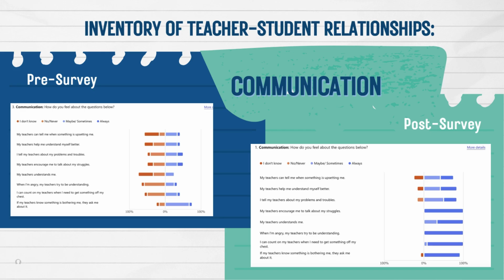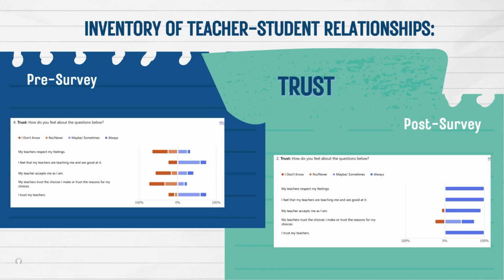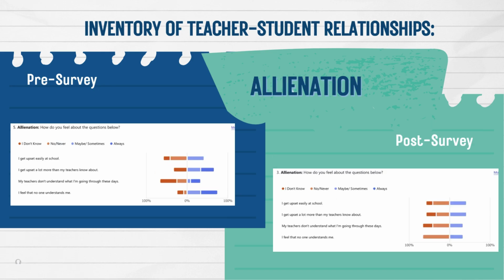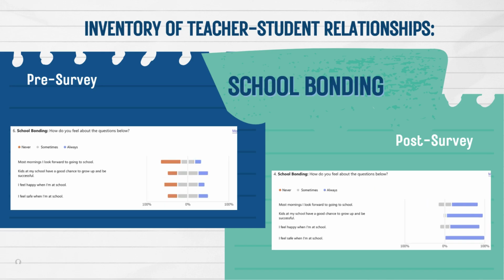Communication was assessing students' perceptions, evaluating how well teachers understand, support, and encourage students to express their emotions and struggles. Trust surveyed whether students feel respected, accepted, supported in their choices, and confident in their teachers' abilities. Alienation examined feelings about their emotional struggles, perceived lack of understanding from teachers, and overall sense of being misunderstood at school. The sense of school bonding was evaluating their feelings of safety, happiness, optimism about their future, and overall enthusiasm